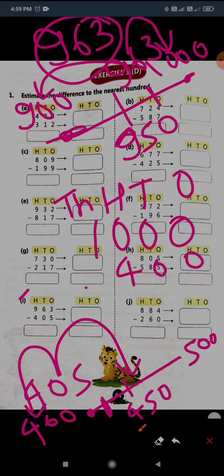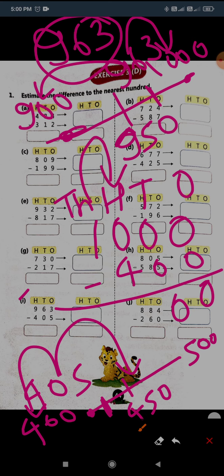And when we subtract 400 from 1000, 0 minus 0 is 0, 0 minus 0 is 0, and from this 100 place you can see that you can't subtract 4 from 0, because 4 is greater than 0, and the upper digit always should be greater than the lower digit, so you can't subtract. So what you will do, you will take carry 1 from the 1000 place. So now it will become 10 hundreds. So 1000 minus 400 is equal to 600. So your answer will be 600. Don't forget to mention this minus sign here.